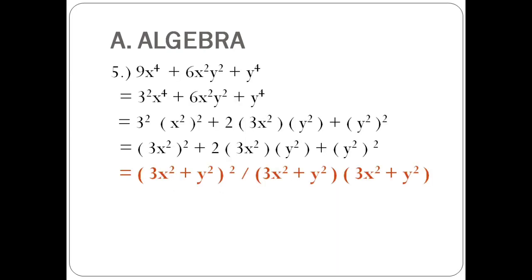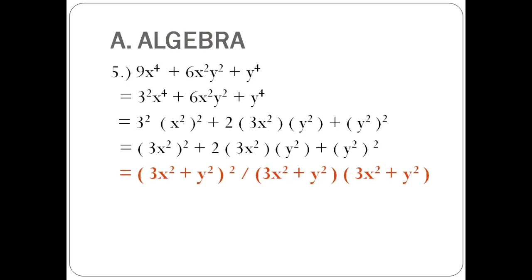y squared. Next given is 9x raised to the power 4 plus 6x squared y squared plus y raised to the power of 4. First, you're going to write the expression of the 6x squared y squared as a product with a factor of 3x squared and y squared. And use the rules of exponents, x raised to the power of m n and a raised to the power of m, to change the